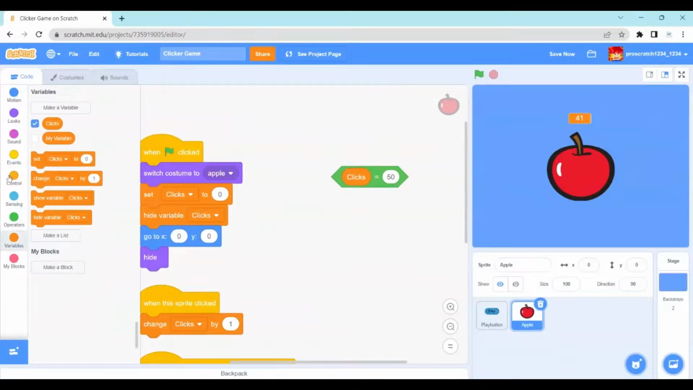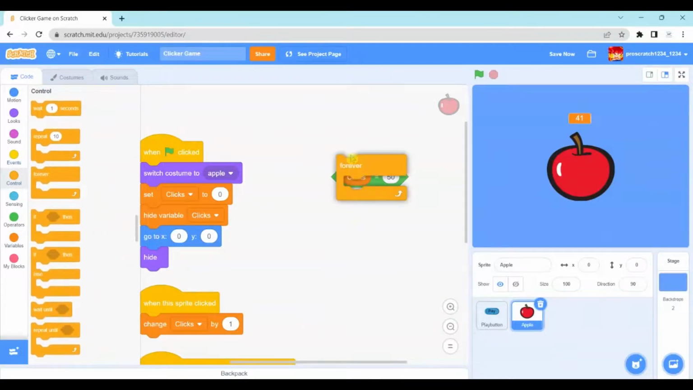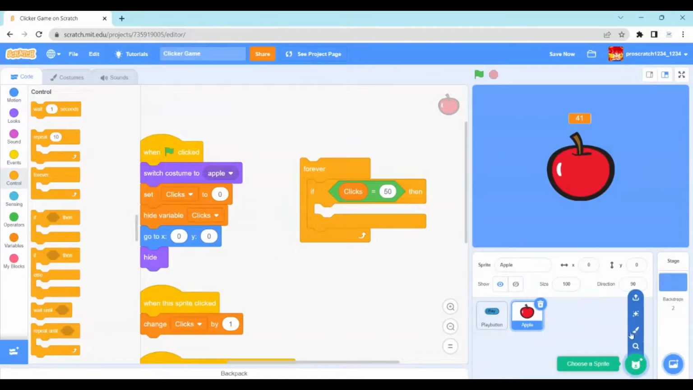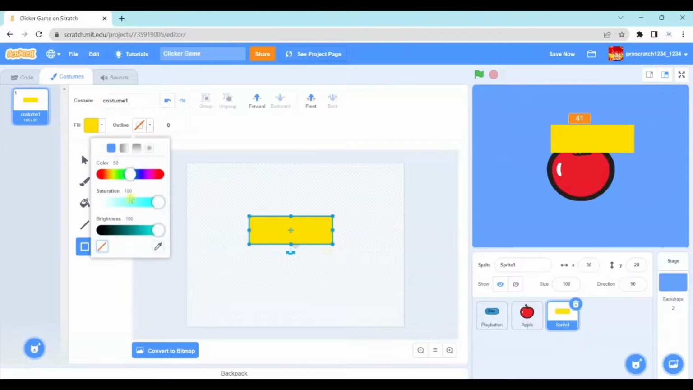then do whatever. So you go to control and place a forever loop and place an if then inside, and then place this inside. If clicks equal 50, then you could make, for example, show this sprite. So we can make, for example, a sprite like this. Go to costumes, make a small little square, make it yellow, make it whatever color, no problem. There, give it a nice outline,